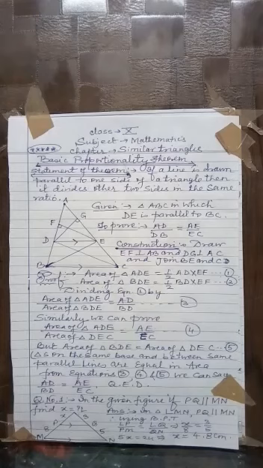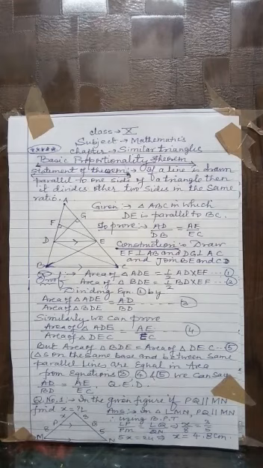Then question number 1. In the given figure, if PQ is parallel to MN, I have solved here one direct question based on BPT. Find the value of X when LP is X, PM is 8, LQ is 3 and QN is 5. You are given PQ is parallel to MN. Therefore, using BPT, the Basic Proportionality Theorem, in triangle LMN, LP upon PM equals LQ upon QN by the result that we have proved. Putting the values, X upon 8 equals 3 upon 5, or X equals 4.8 centimeters.